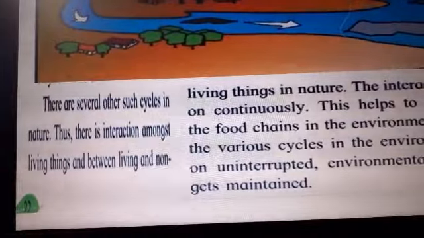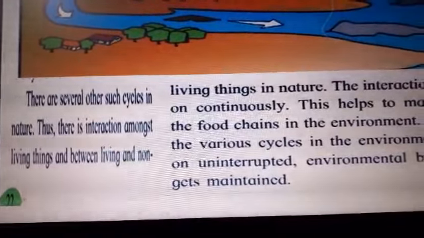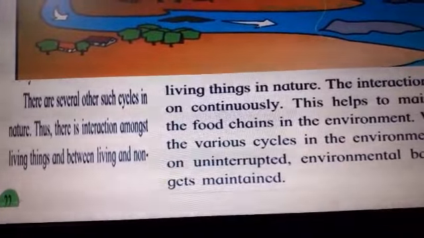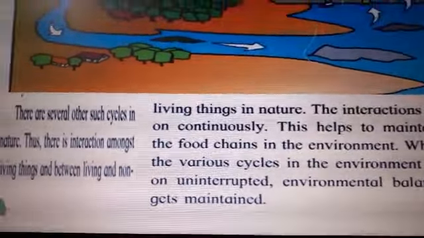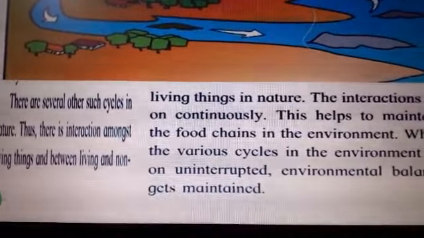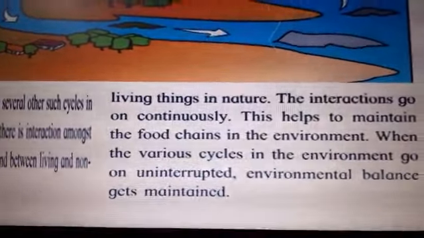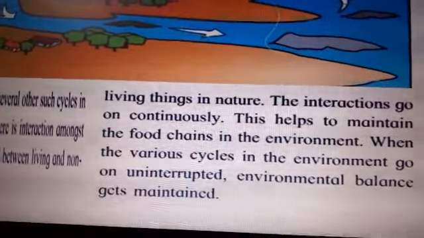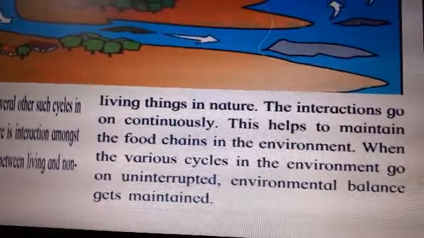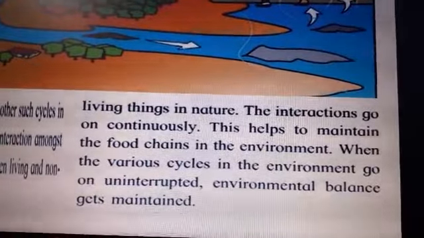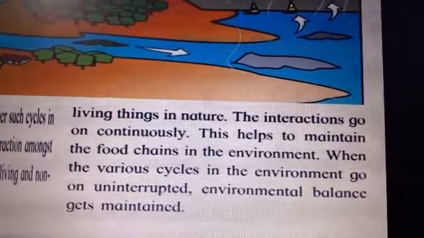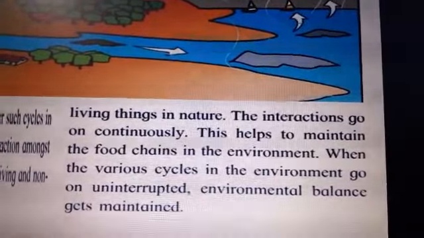Thus there is interaction amongst living things and between living and non-living things. See, there is interaction amongst living things. So interaction goes on between the living things and then between living and non-living things also there is an interaction. See, now see, water is very important to us. We cannot survive without water. But water is a non-living thing. Plants cannot grow without the soil. Soil is a non-living thing, but it is supporting the crops, trees, plants, all. Otherwise, cultivation of the crops is not possible. We will not get the food, neither will we get the fruits to eat.